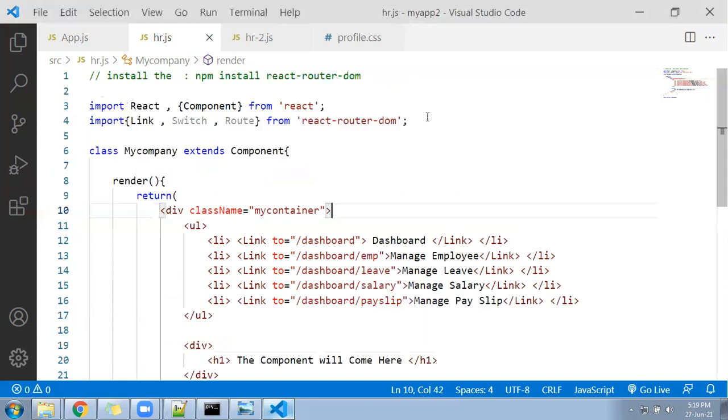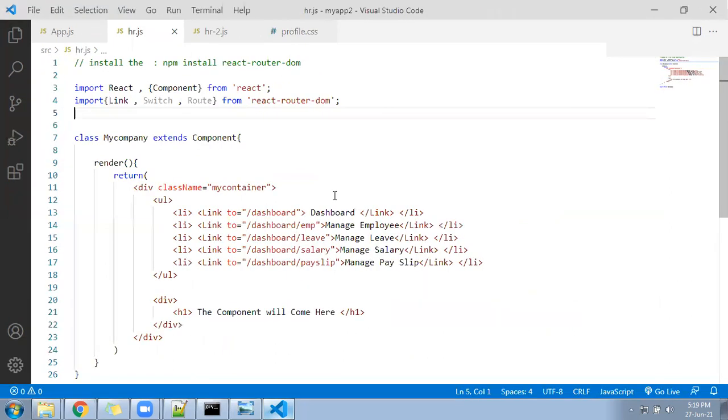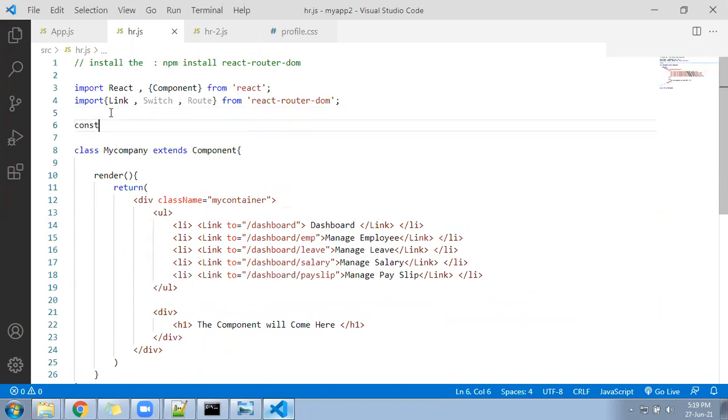Let me create the component now. For the time being, I will be creating it as a constant. An inline function will work like a constant, and we can use that inline function below. So how many do we have? Dashboard, manage employee, manage leave, manage salary, manage payslip. Let me write the constant, and the first will be called dashboard.